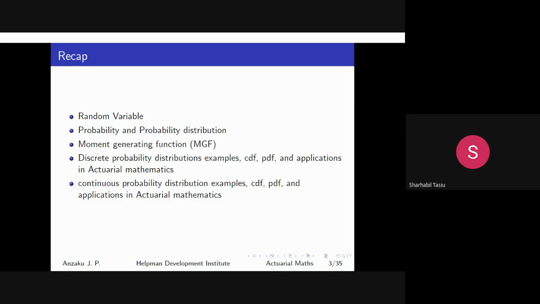We see that there are numerous distributions. In fact, there are some distributions that are joint. Like you can hear of the gamma Weibull distribution. You can hear of the inverse exponential distribution. You can hear of the beta Weibull, and so on and so forth. So there are plenty of distributions, but basically we use these common ones that we mentioned, and we explain some of their applications in actuarial mathematics, giving some examples, and we looked at all those things.